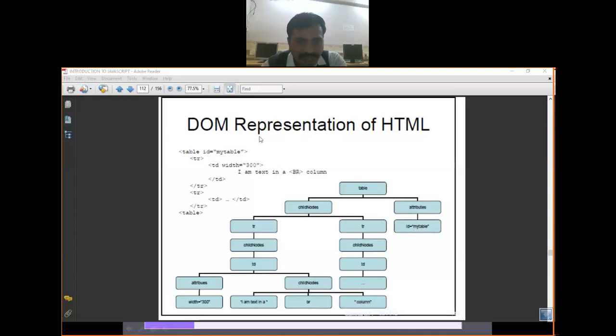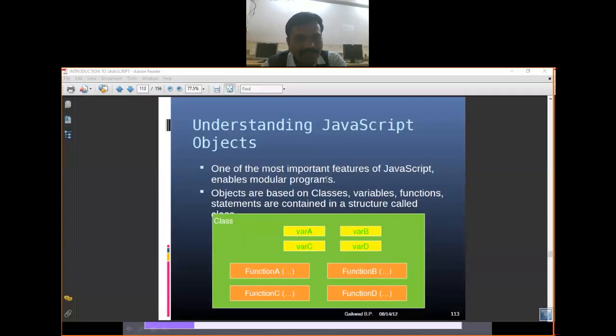So this is the way the DOM is represented. You must have very good knowledge of the concept. One of the most important features of JavaScript is that it enables modular programming: object-based classes, variables, function statements, and the container structure is a class.